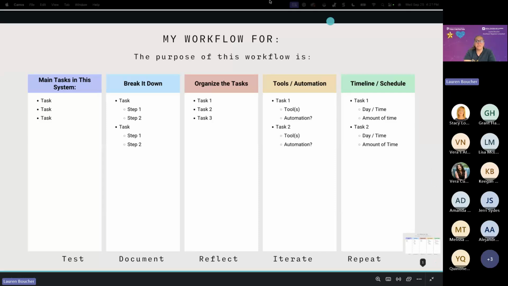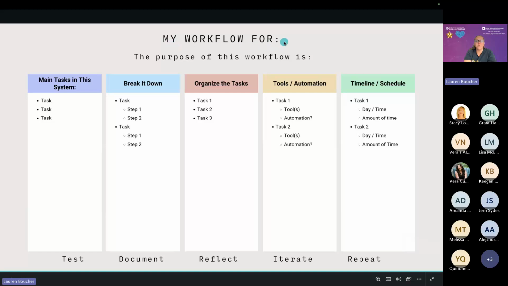So what you can do is just identify my workflow for, and is this going to be a workflow for data analysis or lesson planning? And then what is the purpose? Is it to save time? Whatever your purpose may be, make it concrete and explicit here.